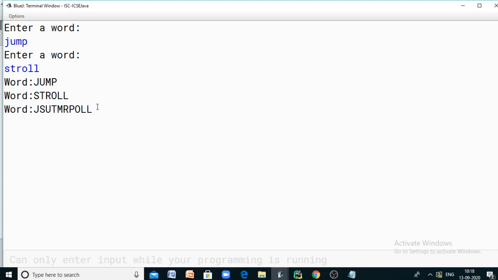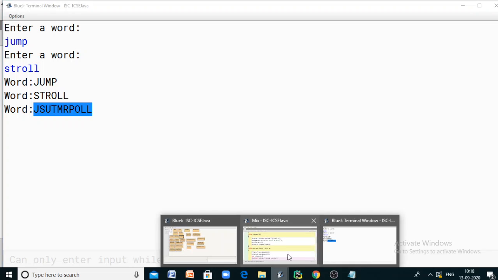So we hope that this program works perfectly and satisfies the purpose. It is accepting words in any case and converting them into uppercase, and after that mixing the words jump and stroll with corresponding characters, and at the end the remaining characters of the longer word.